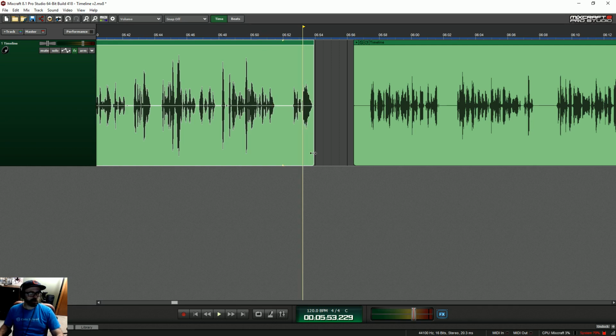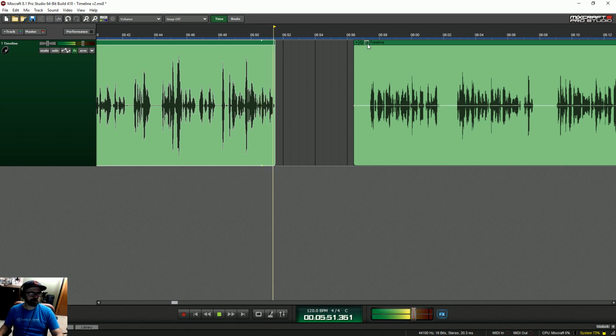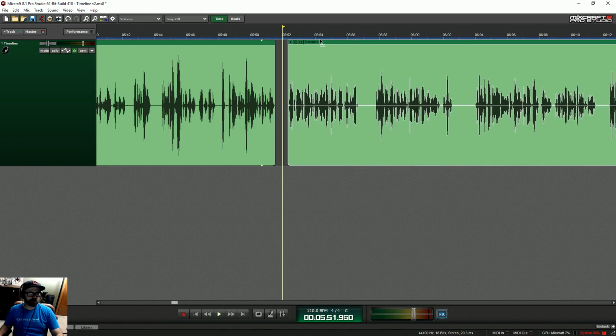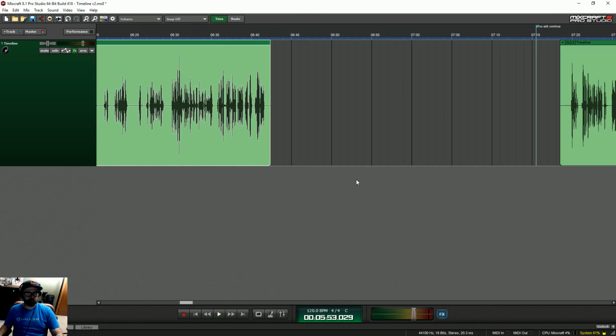I could trim here. It depends. Usually I'll try to do it closer because a lot of times, when you're talking, you're just going to naturally take a breath. And so if I can take out that breath, it's one less in there. I don't take out all the breath, because that is just unrealistic, as everybody breathes.